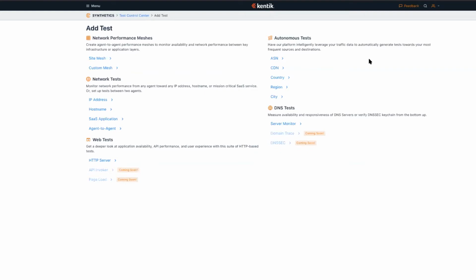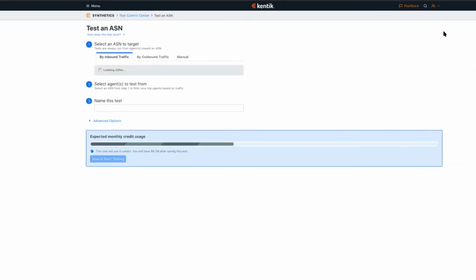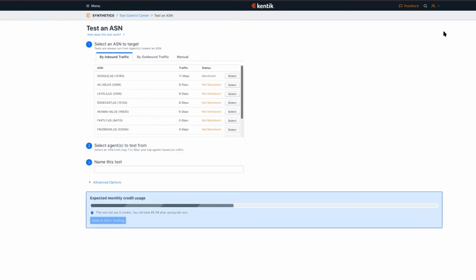And this entity might be an ASN, it might be a CDN, it might be a country or a region or a city. So all you've got to say is, hey, I'm interested in knowing the performance towards this specific type of entity. So for example, you can say, I want to test towards a specific ASN. And so what we'll do when you click on this is, if you have one or more flow devices also sending us flow traffic, which is real network traffic, we can run a query and quickly figure out what ASNs,